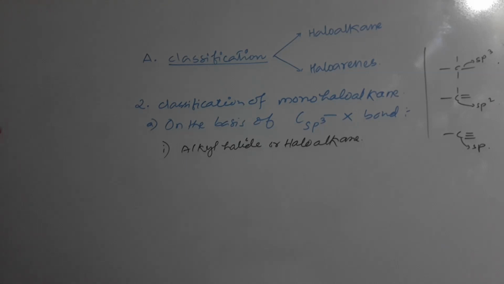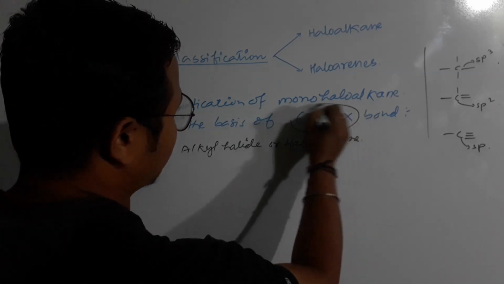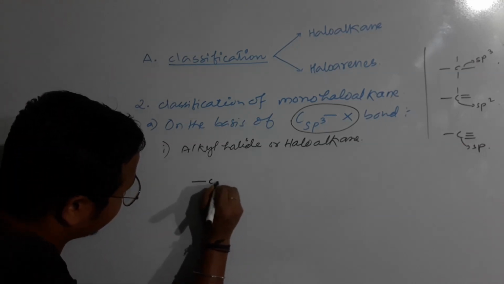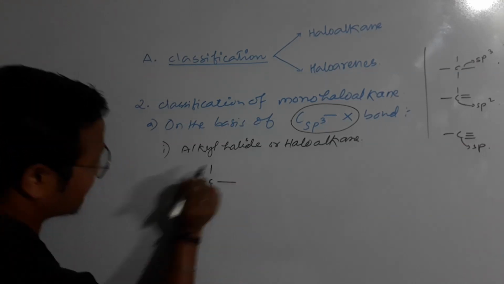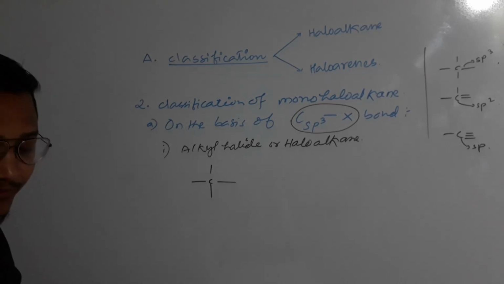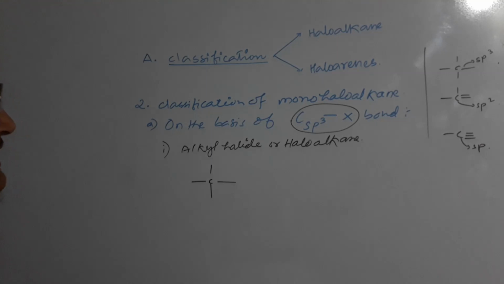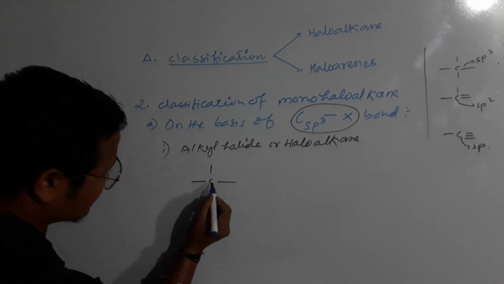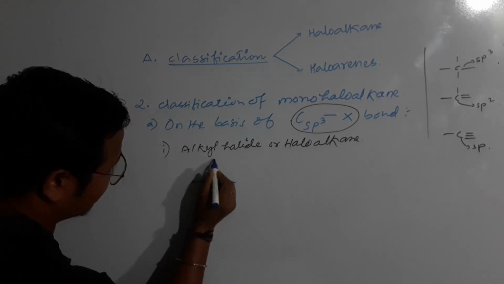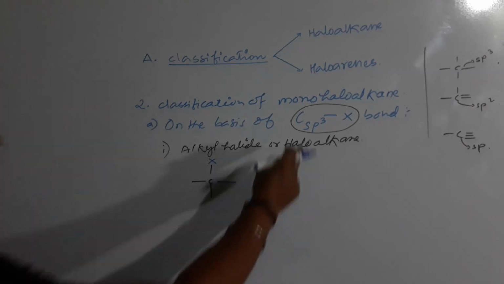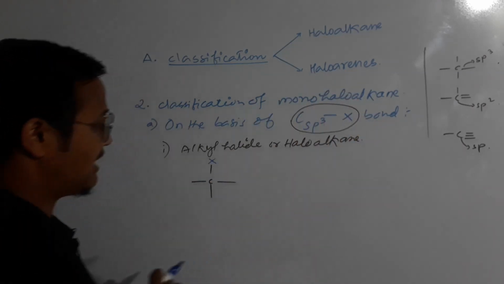Now, as we know, the basis is this, we have to follow this particular criteria. Look at here. The carbon atom where the halogen is present should have a single bond, so then it will be your sp3 carbon, right? This carbon is forming a single bond, so one of the valencies will be filled by one halogen. That is what it means. Okay, sp3 carbon halogen bond.